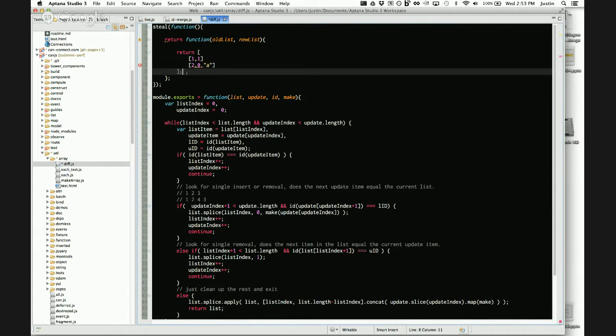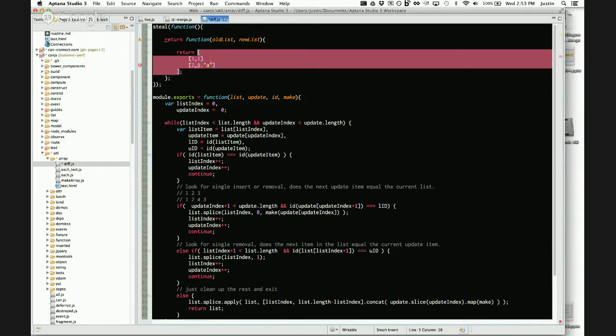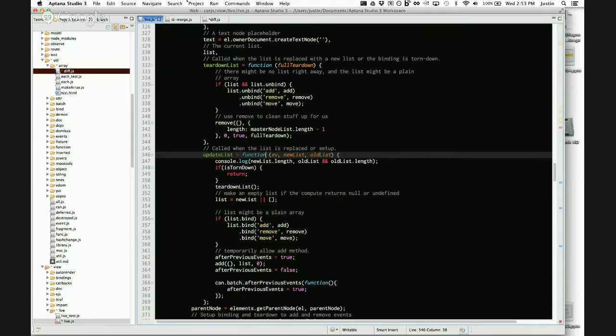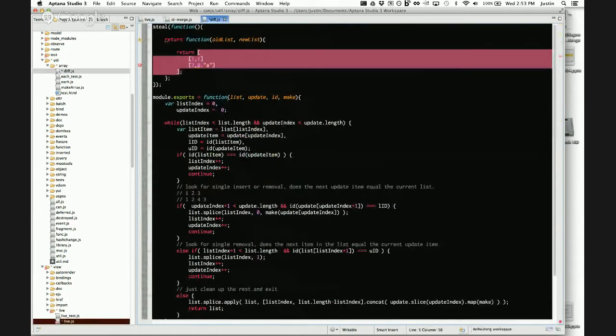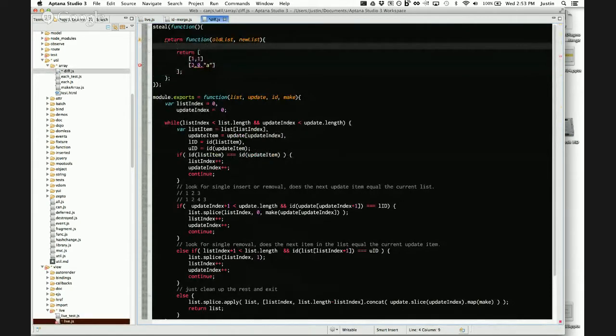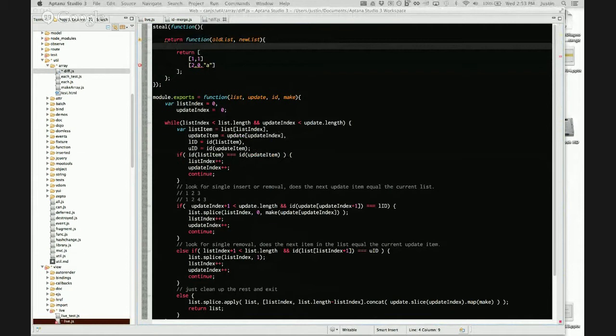Yeah. This is going to return essentially what's called the patch. So this is going to do a diff and return a patch, and then we'll use that information to do the right things. Live will use that information to do the right things. Okay, so